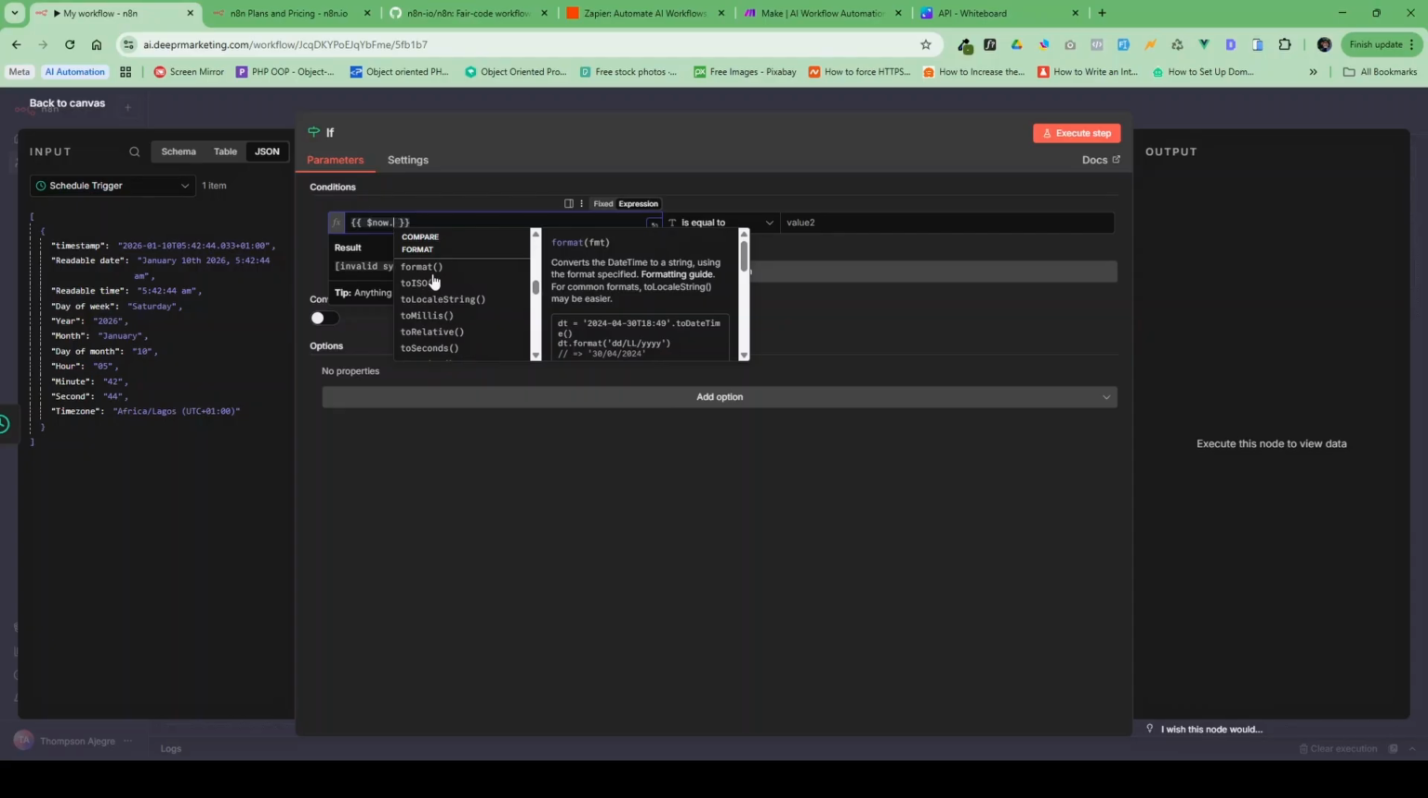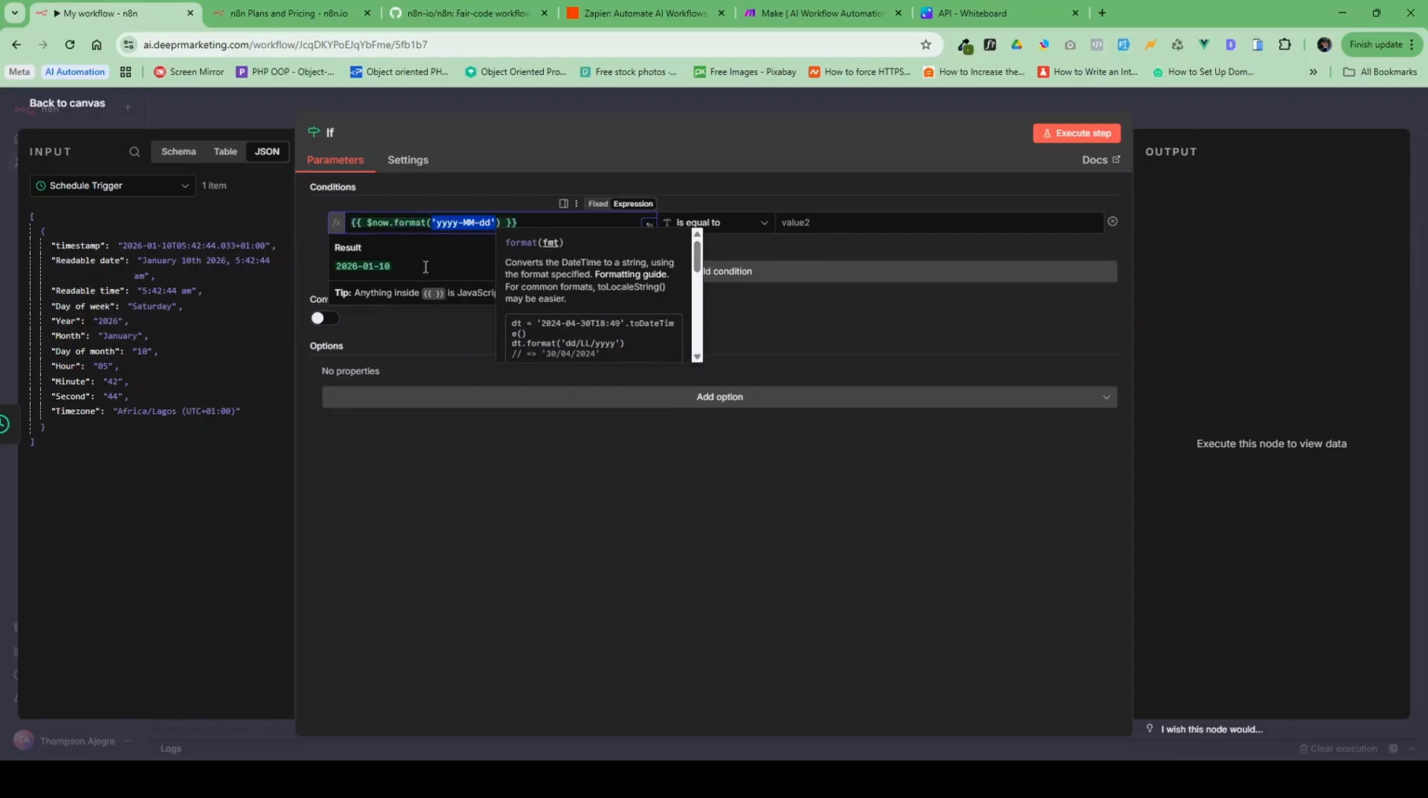Now to ISO, you can convert it to ISO format. Now you can define the format. If you look at this, I put year, month, day, and then it converts this timestamp to this particular date. Okay, so there are a lot of things you can do here. But what I want to do is determine whether today is Friday, today is Saturday or Sunday. So I'm going to do